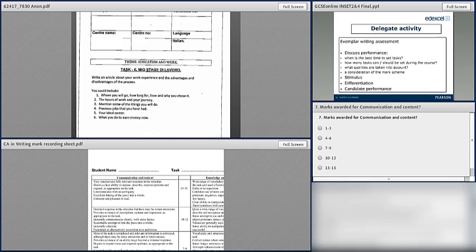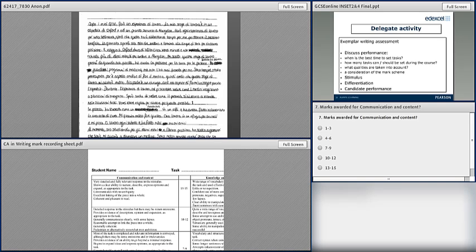Now for this one, you'll have to look at two different things on the screen. You've got the writing sample, which is the top task, based on one set by the Excel, but it had been slightly changed by the center. You need to scroll down the page to see the actual script. And at the bottom of the page you have the mark scheme that goes together with it.